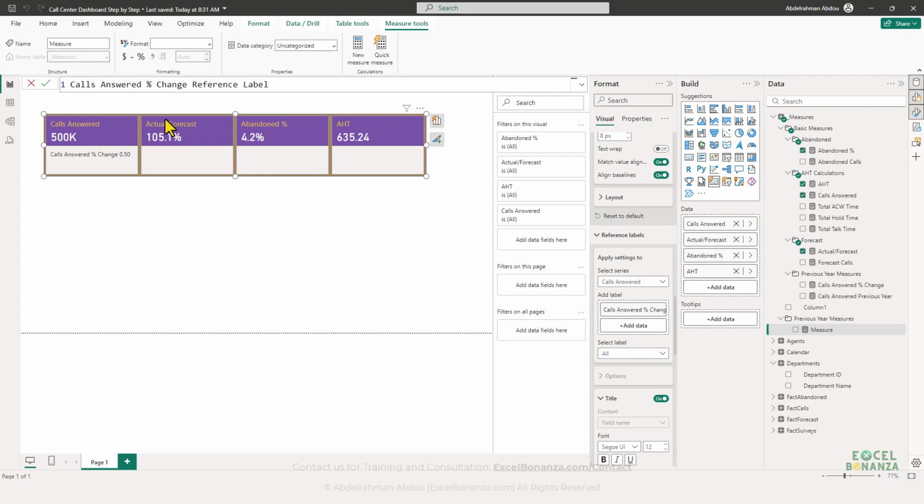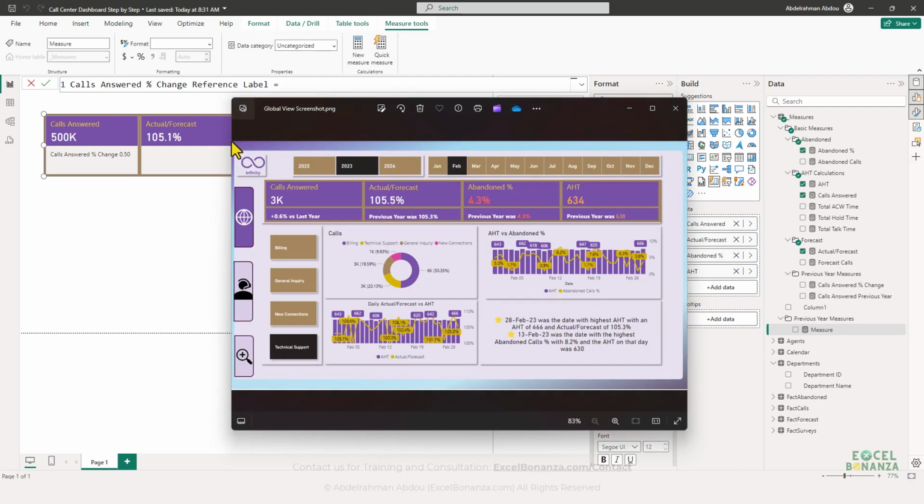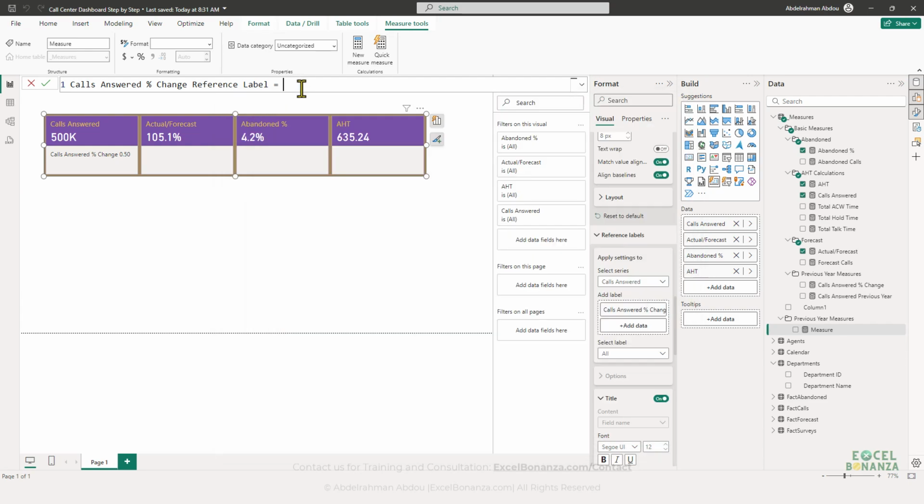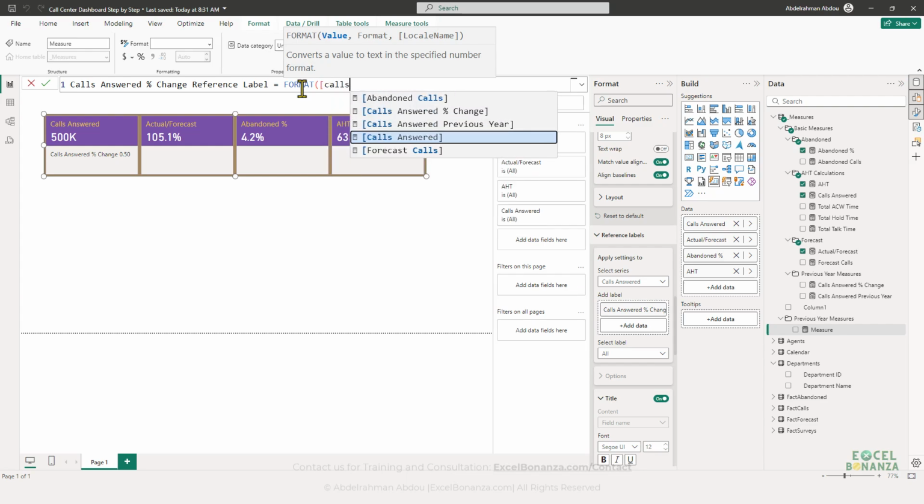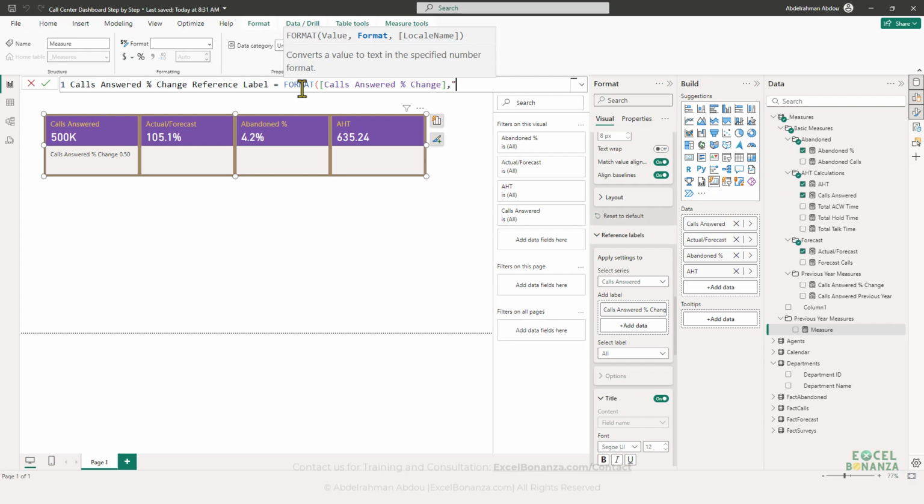Okay, and for this, as you can see here, it says plus 0.6% or whatever the result is. So we're just going to format the value of the calls answered percentage change. Here we're going to add a formatting, where the first formatting is what we want to show in case we have a positive figure. So this is going to be positive and then 0.0%. All right, so this is what we want in case of a positive number, and then in case of a negative number,